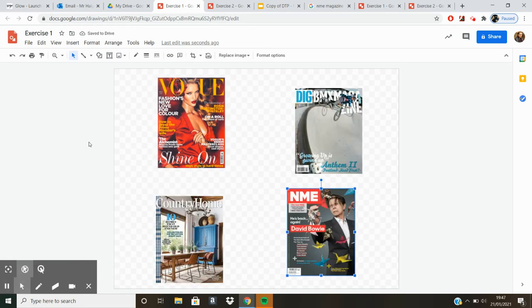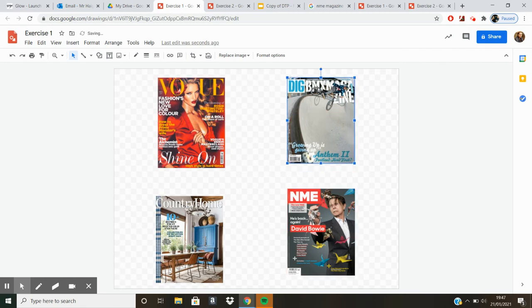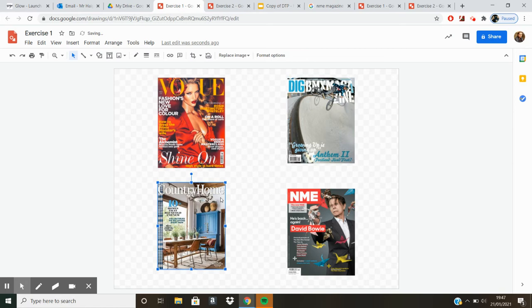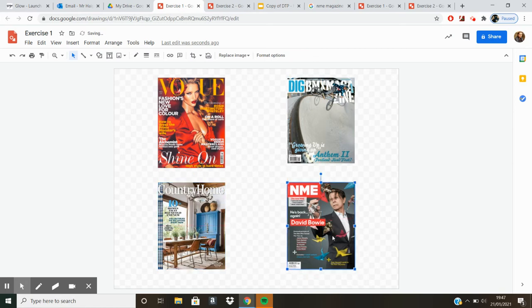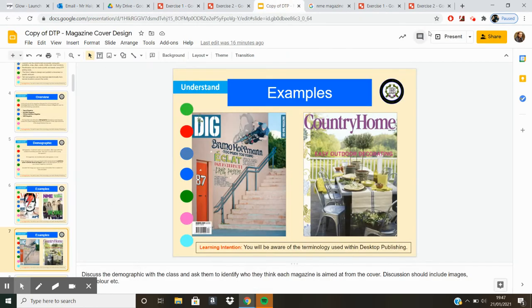By now you should have four different magazine covers on your page. Here are my four examples. You can move them about and try to line them up with one another if you really want, but you don't have to at this stage, because we will be looking at something later on in this lesson to support you with aligning things better. Okay, so if we go back to the PowerPoint,